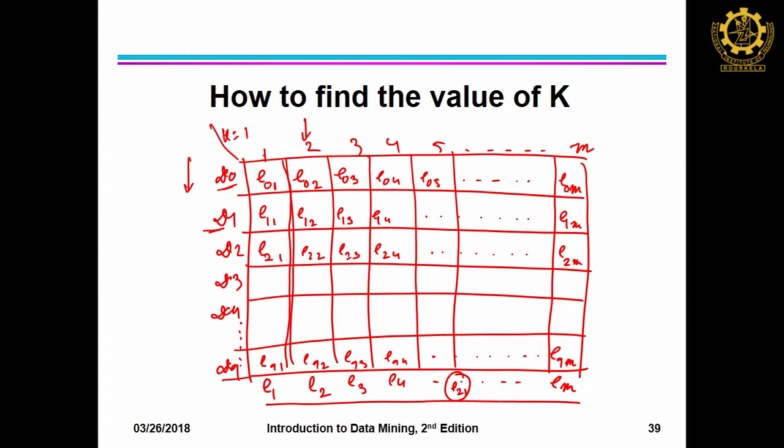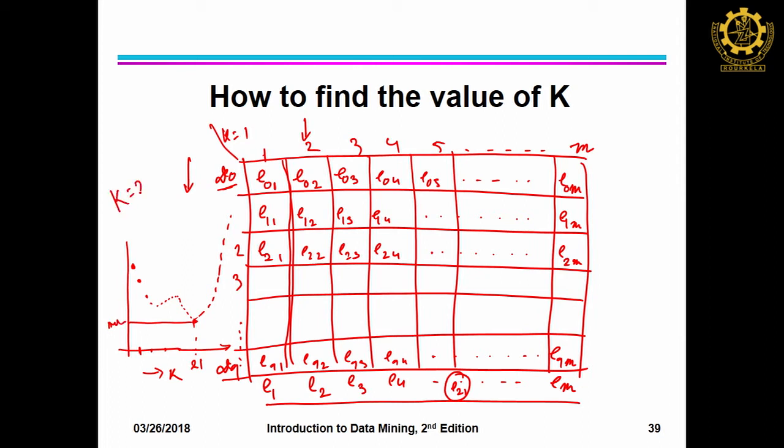Ideally, what you will see if you draw this error for different values of k, let us say this is k and this is the error rate. For k equal to 1 you will get somewhere here, and for k equal to 2 somewhere here ideally. Similarly, for k equal to 3, the error will keep decreasing when you increase the value of k. Maybe sometimes it can go like that, and then there is a change. So, here it may happen that this is 21 and you got the minimum error. Then we consider k equal to 21.